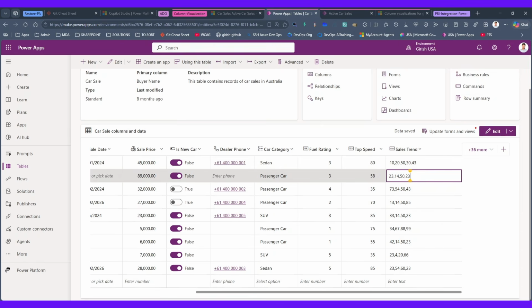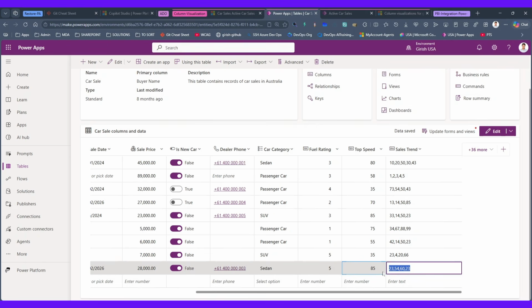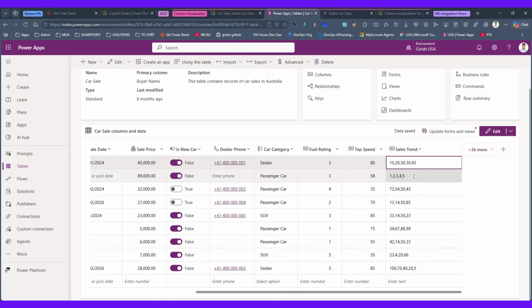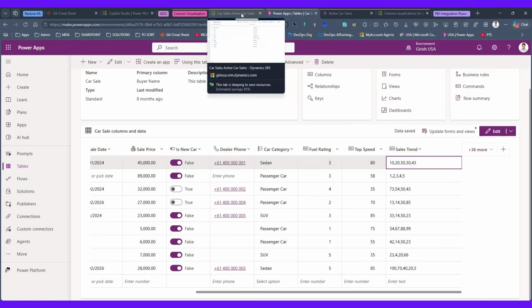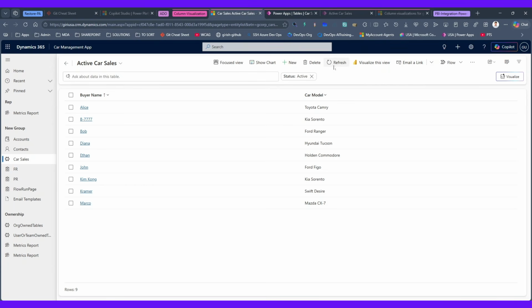So let me pick this value over here and number it as 1, 2, 3, 4, 5. And over here, maybe I'll just call it 100 and then 70 and then 40 and then 20 and then 5. So I've just created some pattern to see how it will look. Again, this value you can create using some formula by picking up values from different columns and then creating a comma-separated value. Now, if I refresh the view over here,